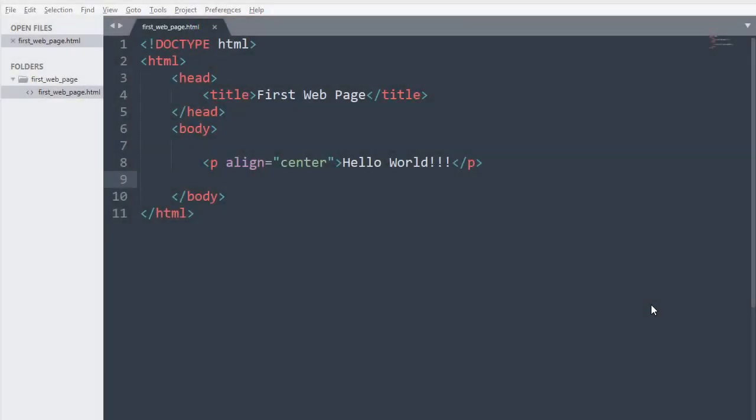Alright, and welcome. In this class we'll be covering headings and paragraphs using HTML. This is the paragraph that we learned, and let me cover it in more detail. So if I just get rid of this paragraph, what a heading is basically, there are in HTML there are